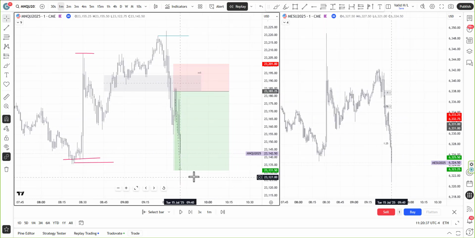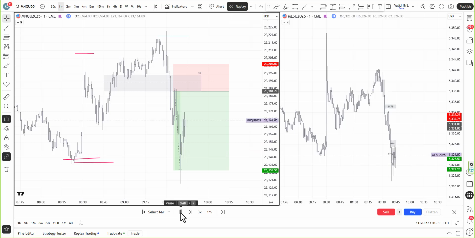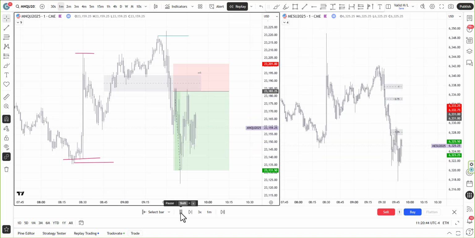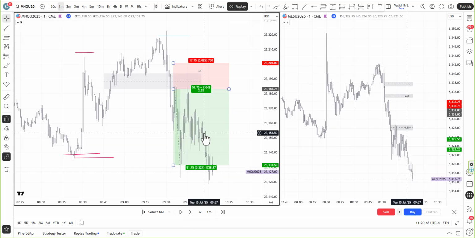And then you have 4 minutes the trade and it's done. Actually, I could have taken it another time because it pierced that level again. It was more choppy for sure, but it took it another time.